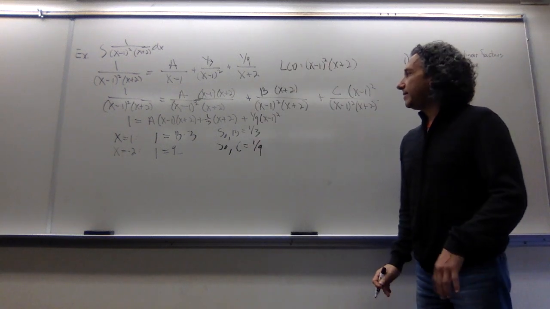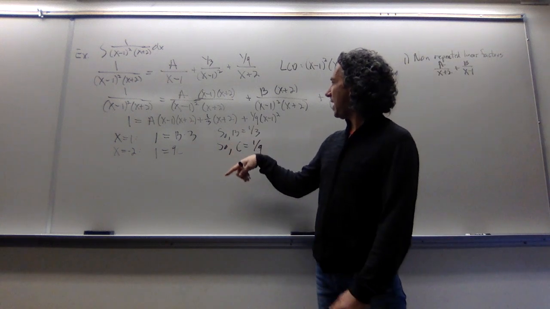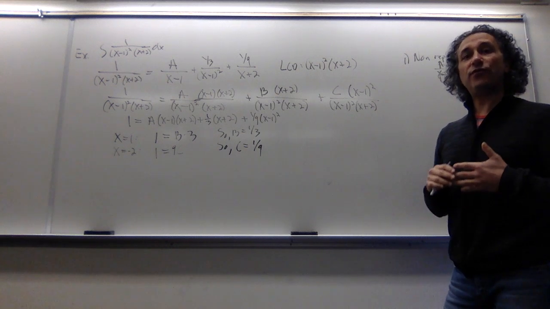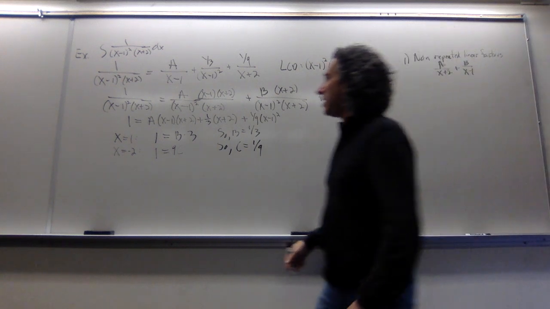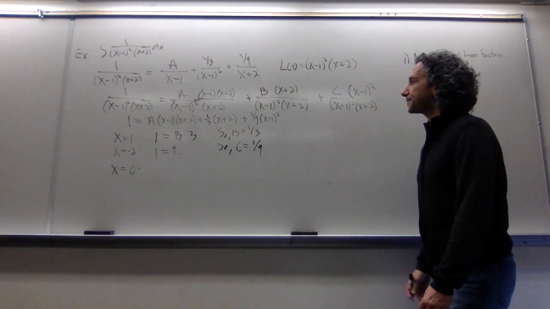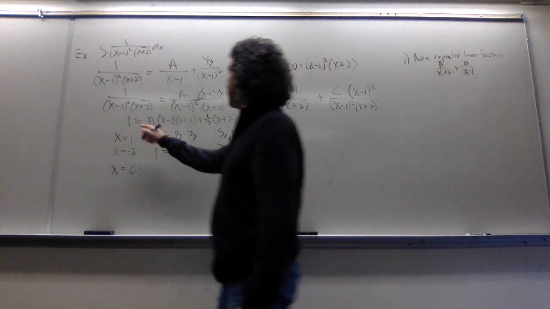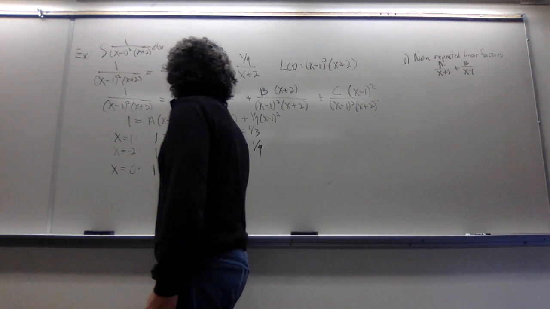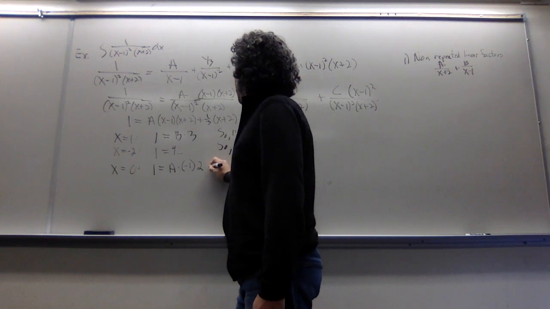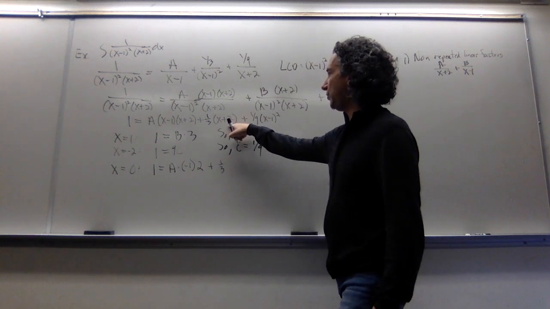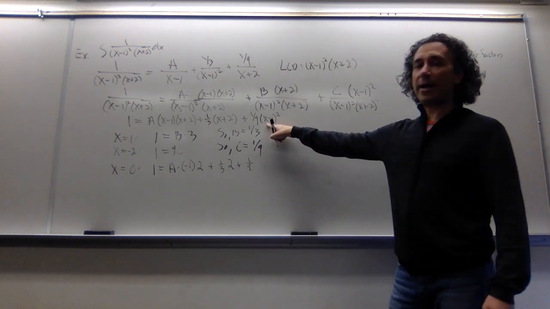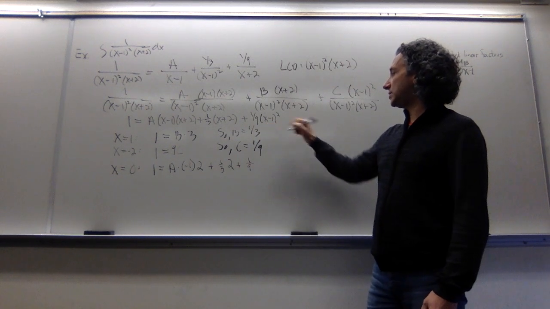So now I need to find a. Well, I can't plug a negative 2 in because that'll zap out. I can't plug a 1 in because that'll zap out. But again, this has to be true for every x. So at this point, I just plug in an x which makes my life easy. So a small number such as x equals 0. So plugging in x equals 0, we get 1 is equal to a times 0 minus 1 times 0 plus 2 plus 1/3 times 0 plus 2, which is 2, plus 1/9 times 0 minus 1 squared. 0 minus 1 squared is just 1.